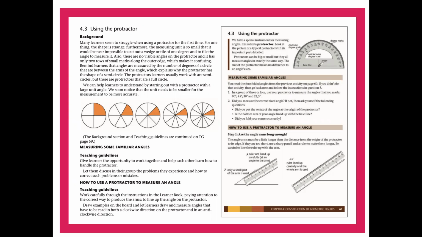Then over here is your baseline. You will put your baseline onto one of your arms. Then you will follow the degrees up to where the second arm is, and you will measure how many degrees that is. So if you have an angle like this,